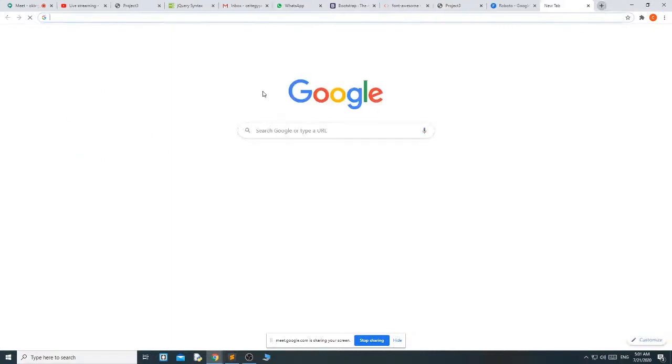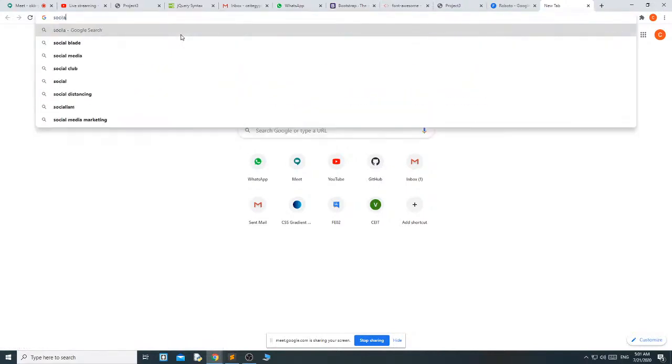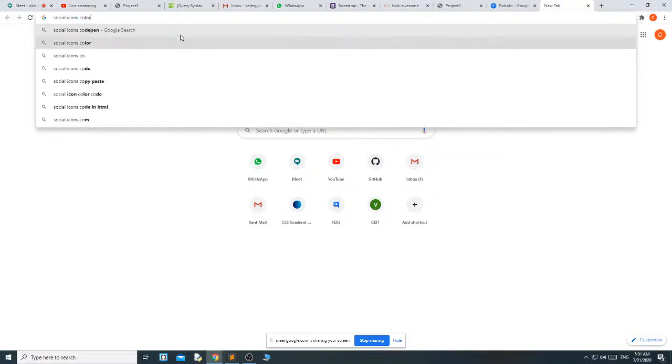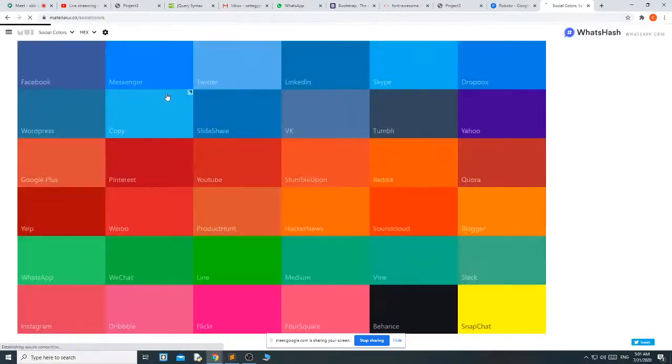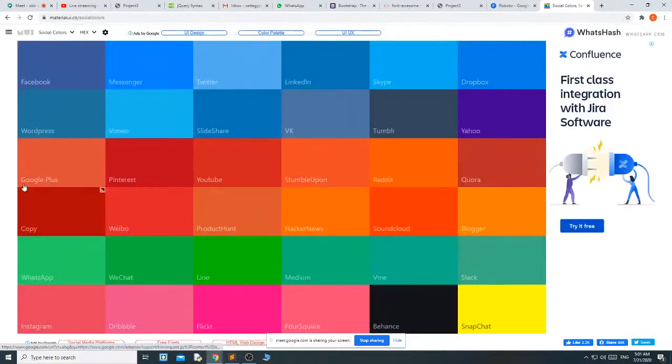If you want to give the proper color, then just search social icons color. Okay, and just click the first one. You will get the social icon colors.